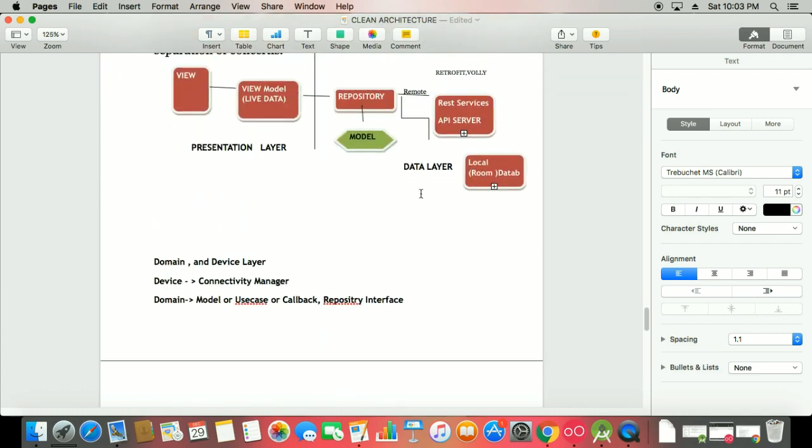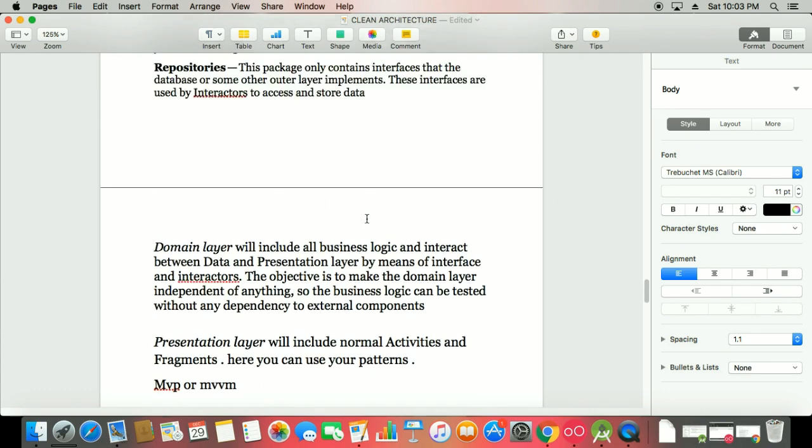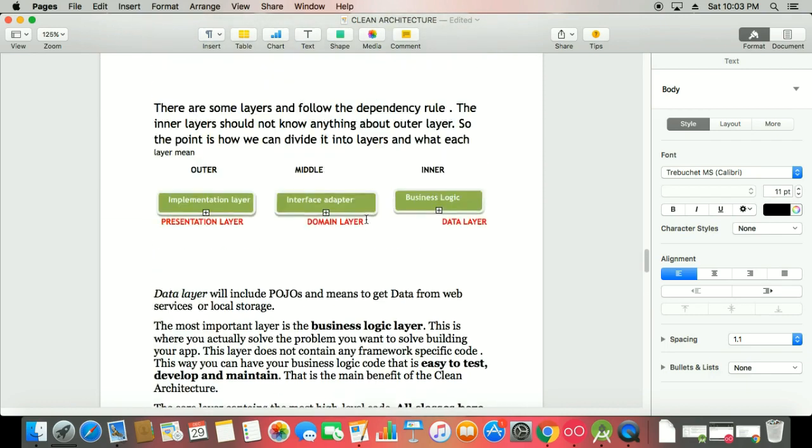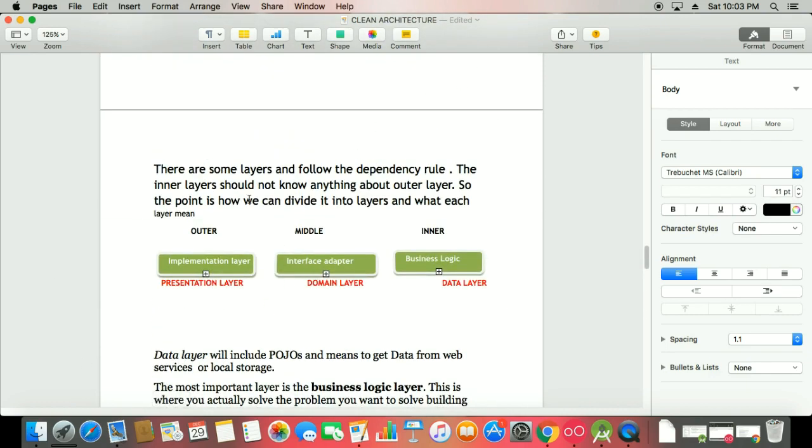So according to Uncle Bob, we have three kinds of layers. The outer layer is your presentation layer, the middle layer is your domain layer or interface adapter, and the inner layer is called the data layer.